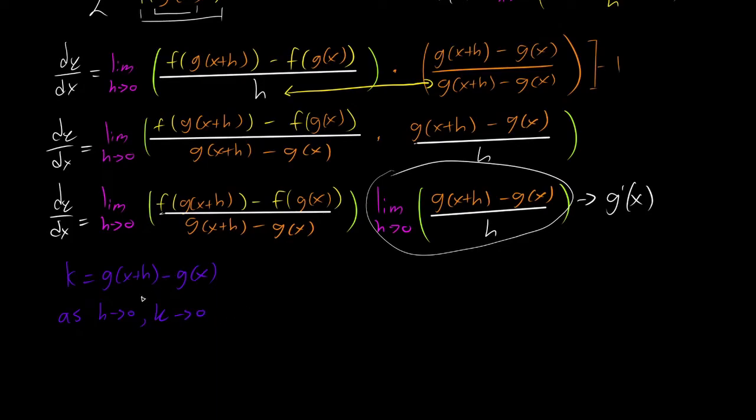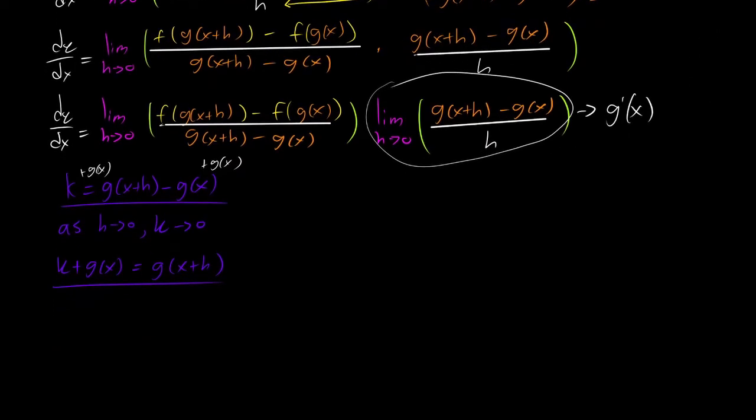What else can I do with this? Well, I can add g of x on both sides, and I can get k plus g of x is equal to g of x plus h. So we have two substitutions we can make, and we have our change of limits. So let's rewrite it. dy dx is equal to the limit as k goes to 0, because if h is going to 0, k is also going to 0,